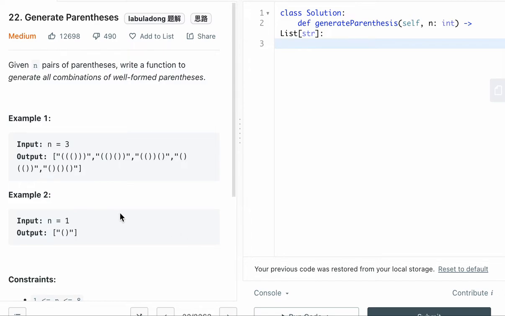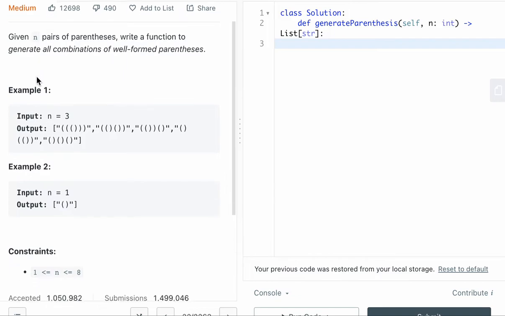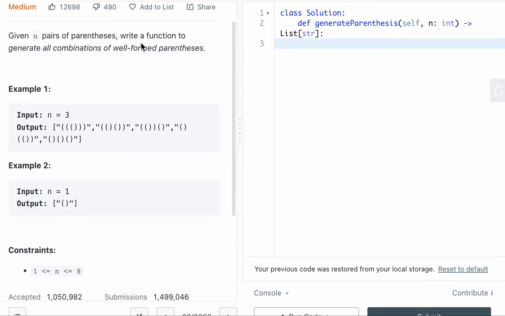Solve LeetCode question 22, Generate Parentheses, a medium LeetCode question. Given n pairs of parentheses, write a function to generate all combinations of well-formed parentheses. If n equals 3, it wants you to generate all combos of 3 pairs, with the left 3 parentheses and the right